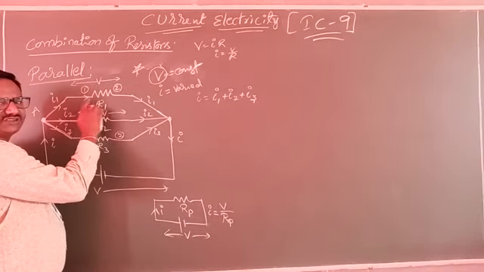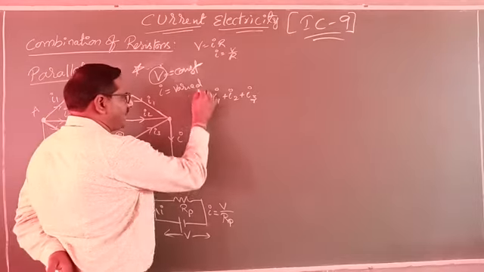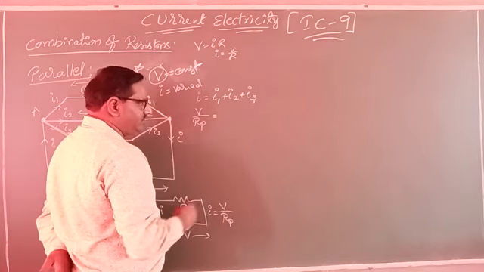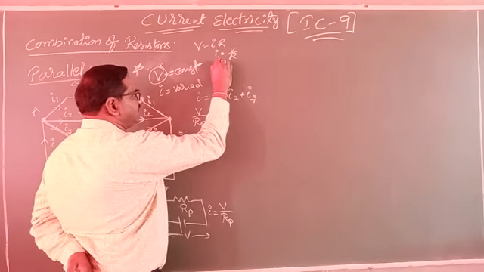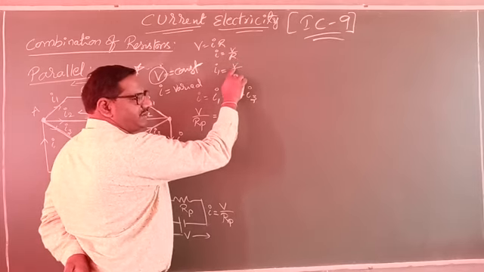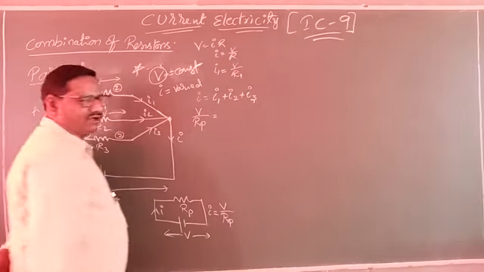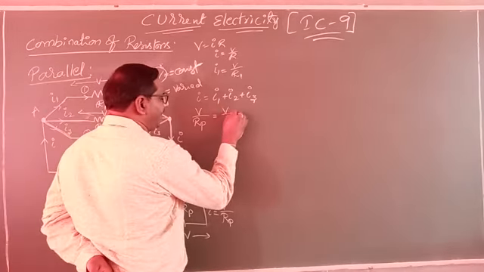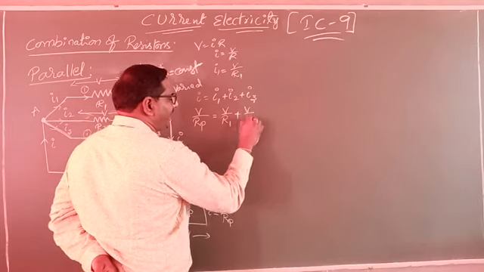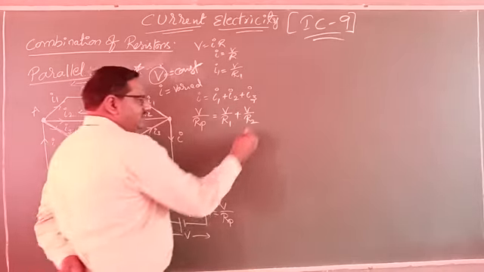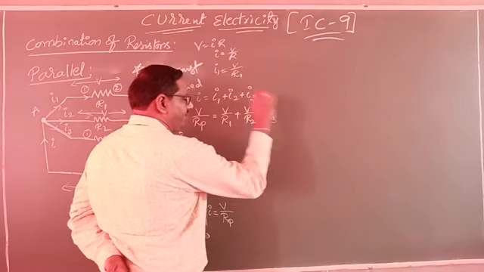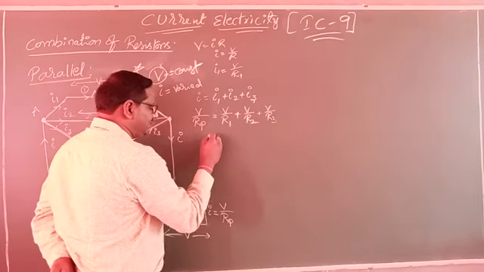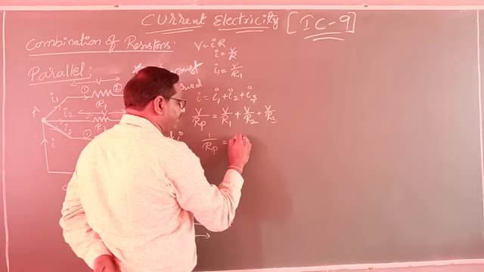Similarly, the current across the first resistor, how can you write it? So I am substituting directly. V by RP equals, instead of I1, what can I write first? I1 equals V by R1, because V must remain the same. Clear? Current across the first resistor, I1, equals V by R1. Similarly, I2 equals V by R2. The third current, how can you write? V by R3. Now the potential remains the same, so we take V out as common and it gets cancelled. Then 1 by RP equals what can you write?